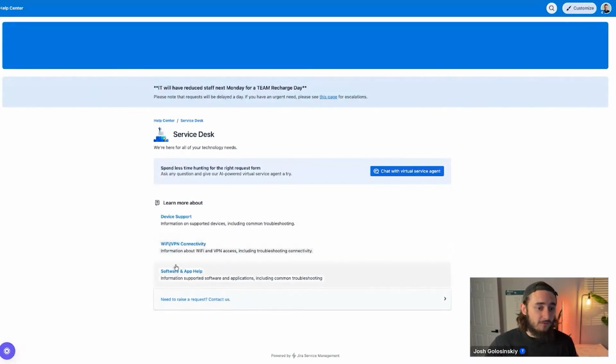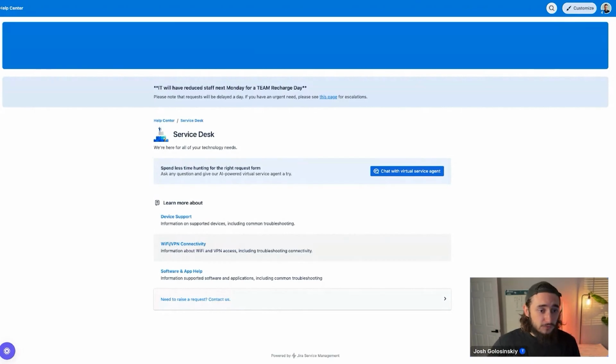Below that, we have the very first thing which shows up for us, which are going to be documents or general self-service Confluence docs that are available to us as customers to be able to either self-resolve, self-help, or get general information really quickly. And honestly, this is probably one of the most useful things when they're set up correctly, because you could probably fix your own problem faster than submitting a request, going through an agent, them looking at it, them responding. By the time that happens, oftentimes you could probably,